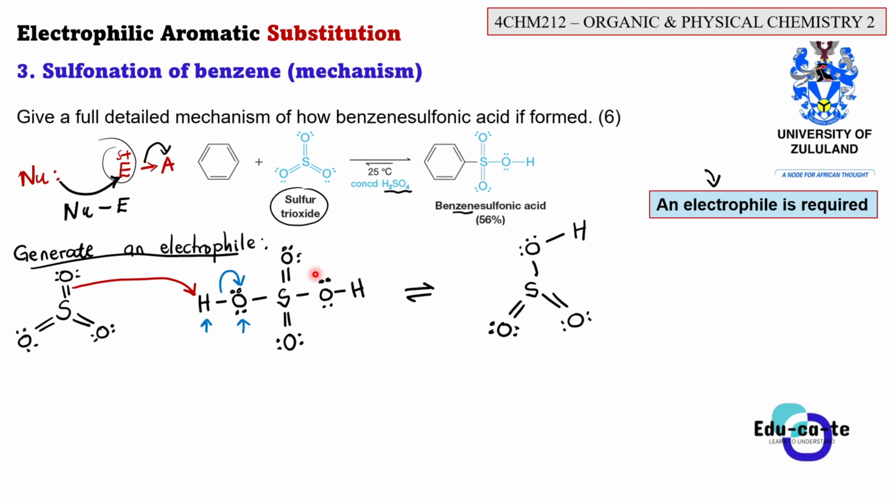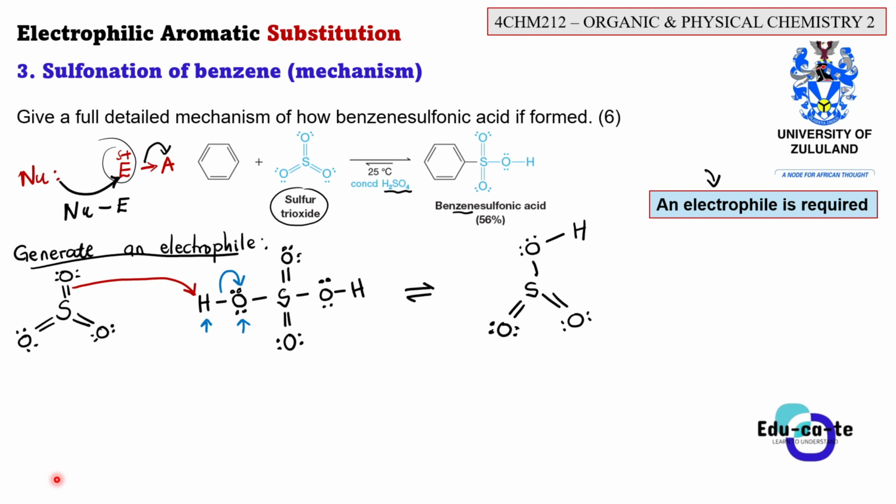So from the sulfuric acid, or from the H2SO4, the proton that has been abstracted, this H here, will bond with the oxygen. But to be able to create a bond, remember that we need some electrons, okay? We need a pair of electrons. Now you ask yourself, where does this pair of electrons come from? Basically, we broke this double bond between oxygen and sulfur, all right? And then the electrons of that bond that has been broken were used to create a bond with the hydrogen here, to create a bond with the proton, or to abstract the proton from the sulfuric acid. Then eventually we'll remain with a structure like this.